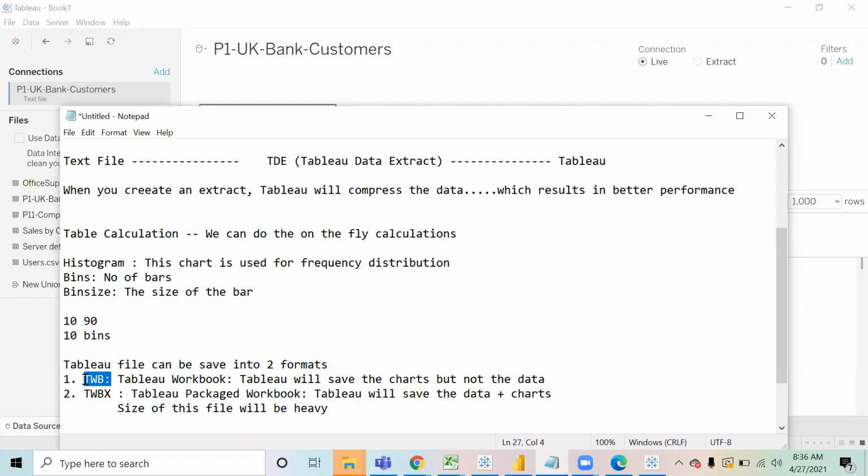If the data is placed on the shared drive and I have made my report from that data placed at the shared drive, so if I save that file in the TWB file format, even if I share that file with you, since the data is at a shared location, Tableau will be able to access it. Tableau will be able to open it up, right? In the company, most of the time the data is at a shared location only, right? So as a result, the file size will be small, and everyone will be able to open it too.